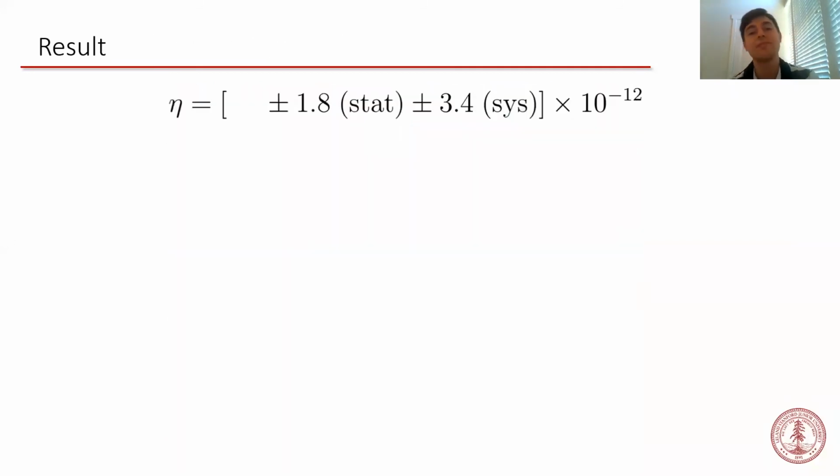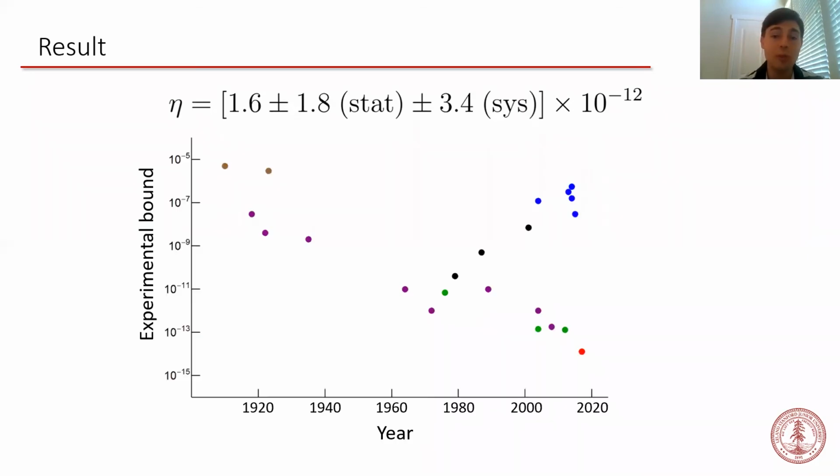So here's the result. We measured the Eötvös parameter between rubidium-85 and rubidium-87 to be 1.6 times 10 to the minus 12. Since the statistical and systematic errors are at a similar size, this result is consistent with 0, which means that we observed no EP violation. The equivalence principle holds in our apparatus at the 10 to the minus 12 level. This is an improvement by 4 orders of magnitude on the previous atom-interferometric experiments, and we can add a new point to our history of equivalence principle tests.